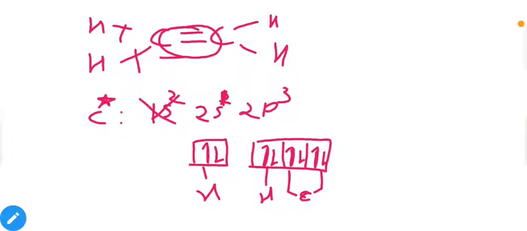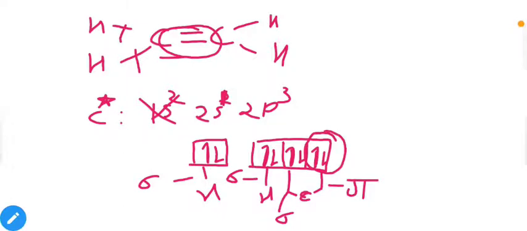Now in this case we have two different types of electron pairs. All the single bonds are sigma bonds, and the first bond in the double bond will be sigma, and the second bond in the double bond will be a pi bond. As mentioned earlier, we have three types of electron pairs, and in hybridization we have to consider only two of them: non-bonding electron pairs and sigma bond pairs. No need to concentrate on the pi electron pair. So do not concentrate on this electron pair in this case, and you have to concentrate on the remaining ones.